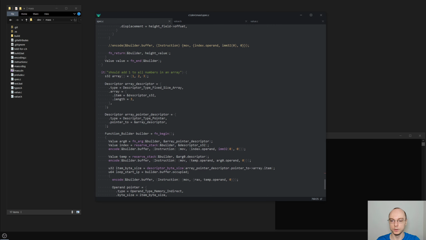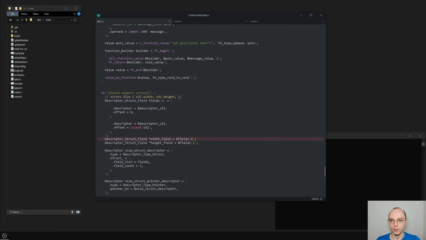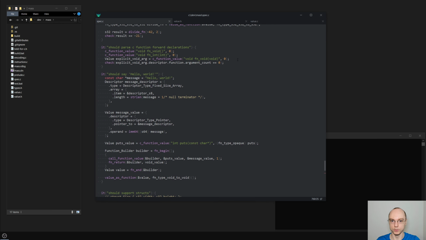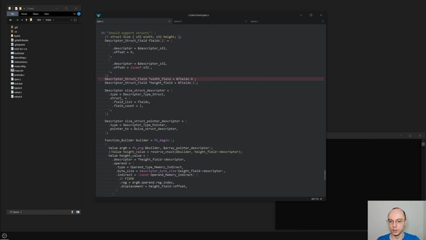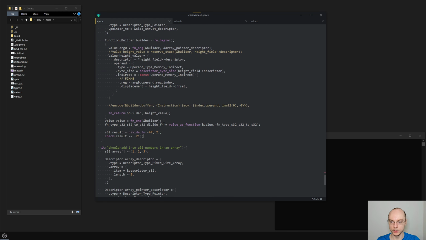Now we can do value as function, and I want to copy probably this version to us,